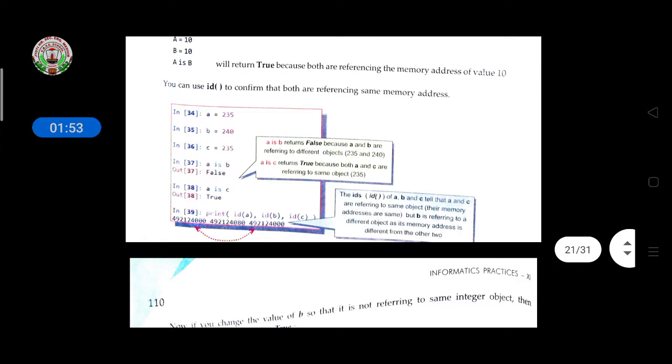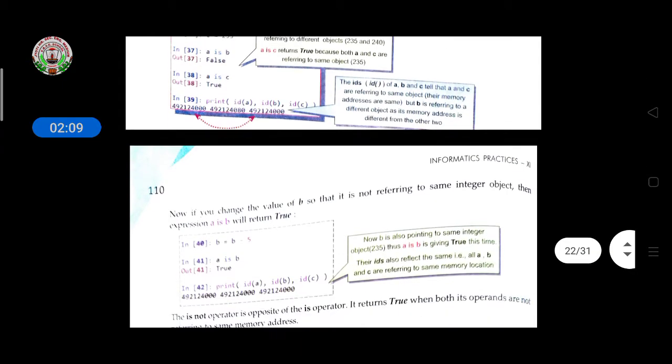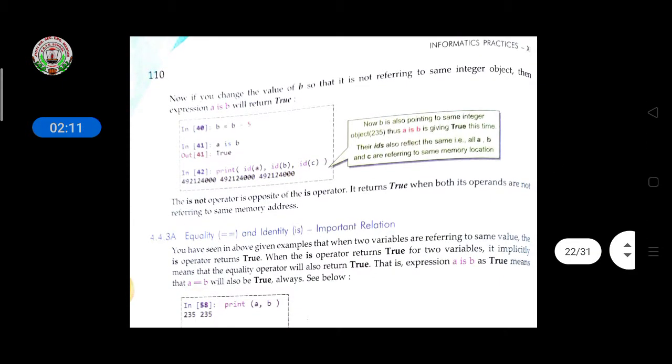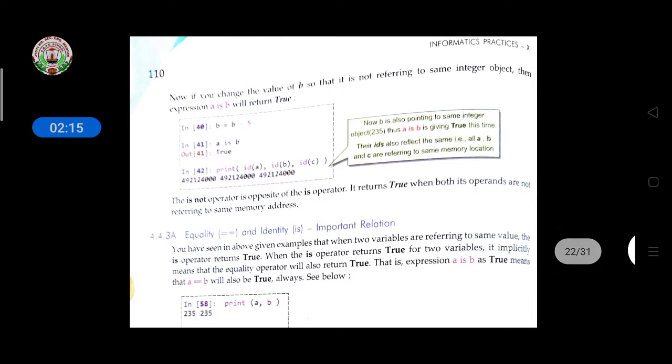So if you want to see the memory location of the A value, B value and C value, then below you have to write print id. Inside id you give the variable whose memory location you want to see, and that memory location will show here. So this is the is or is not operator.